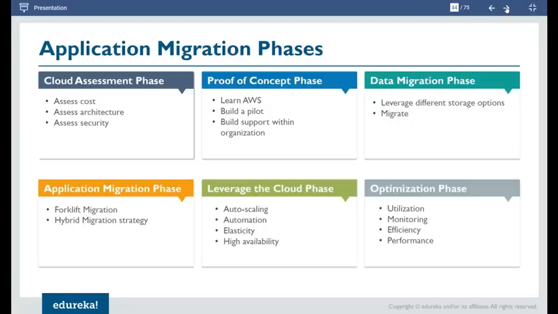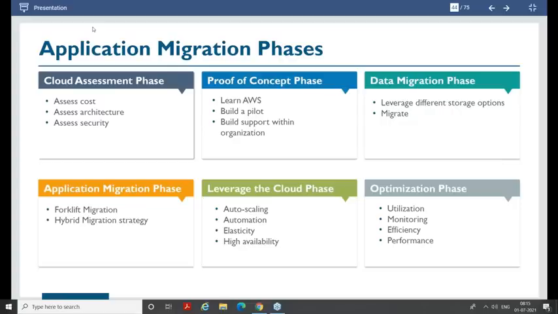After your assessment phase, you move on to the proof of concept. A proof of concept is building a prototype on your cloud, giving you an essence of how it would work on cloud.